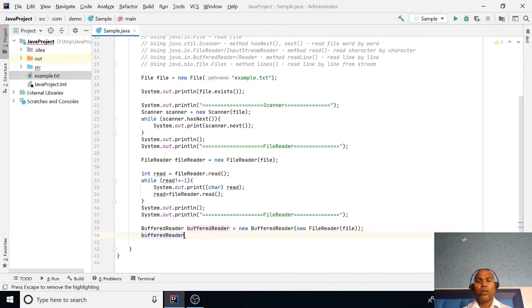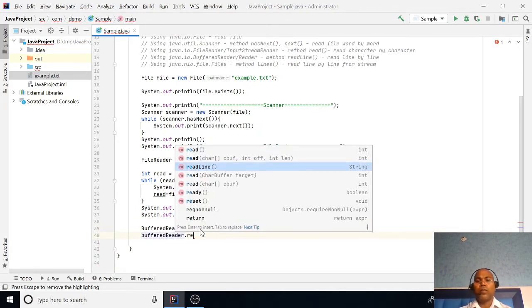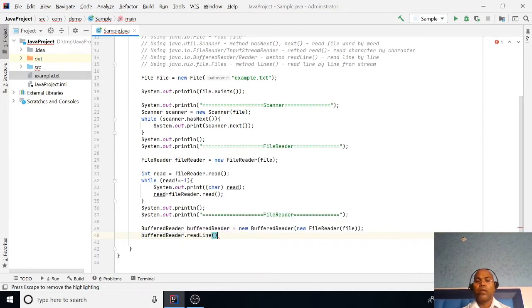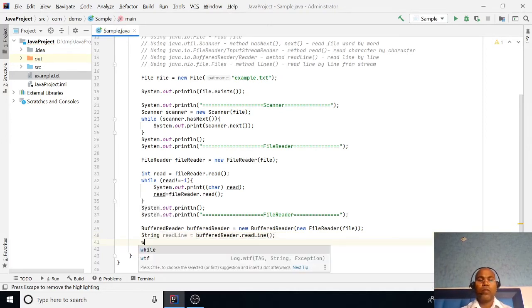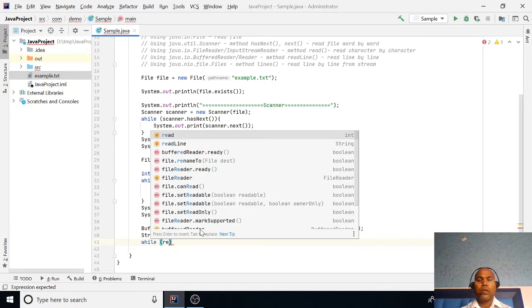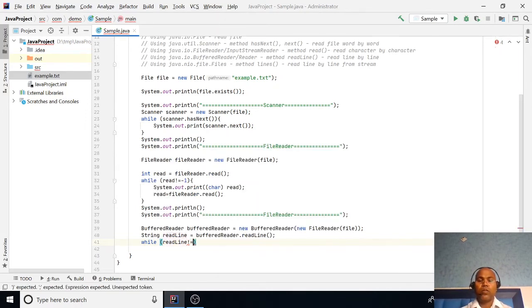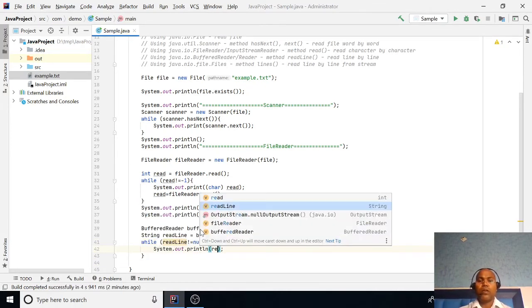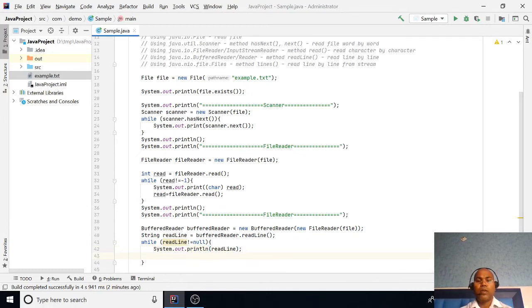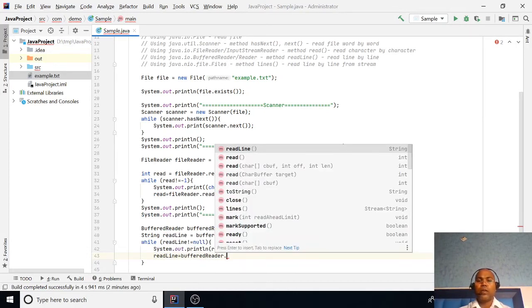Instead of dot read, it gives the readLine function, which reads line by line. While readLine is not equal to null, we print the line, and then readLine equals bufferedReader dot readLine.